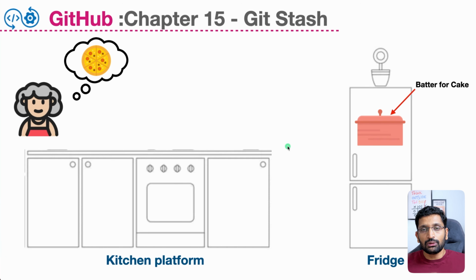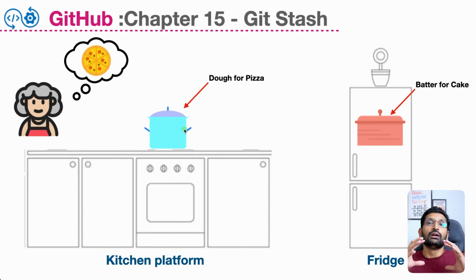Okay, so now you have stored that batter in your fridge. This fridge is acting as a stash for you right now, and this kitchen platform is acting as a GitHub repository where you want to work. But since you have stashed your changes, what's the next thing you are going to do? As your wife has requested that she wants to eat a pizza, on the same kitchen platform you are going to prepare a dough for a pizza. So you had two items: one is a batter for a cake and one is the dough for a pizza. But since you cannot bake your cake,